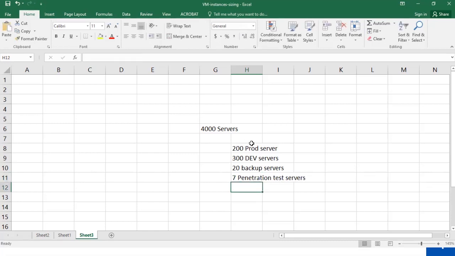So like this, you classify it. The important thing is how long you need to execute this uptime. Do you really need these servers on the weekend?